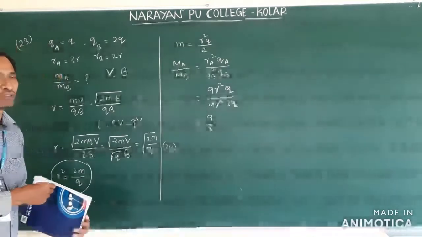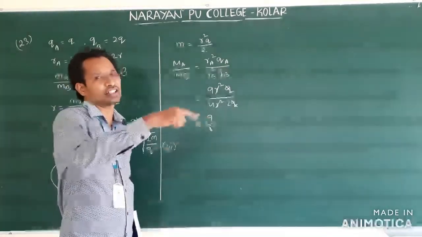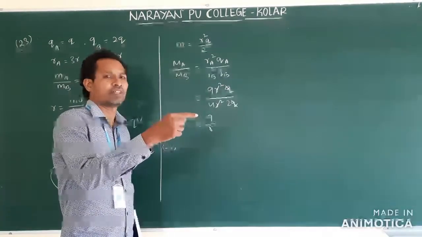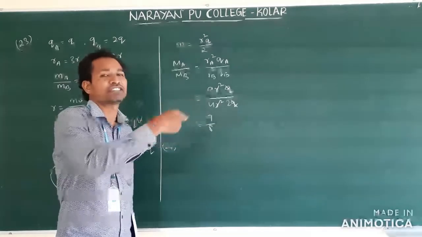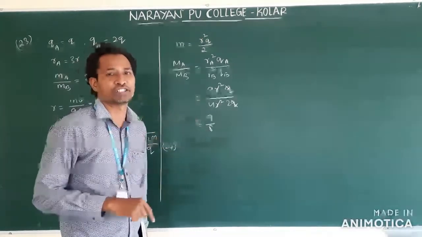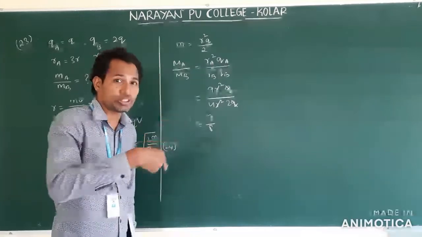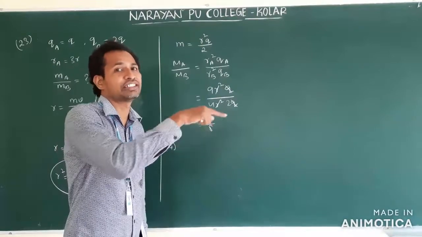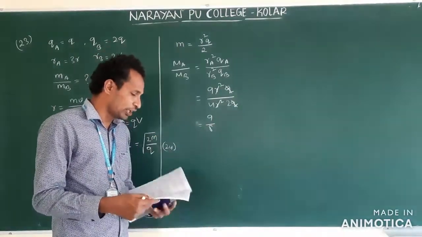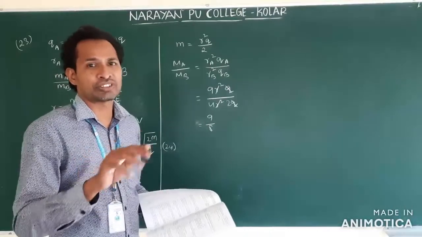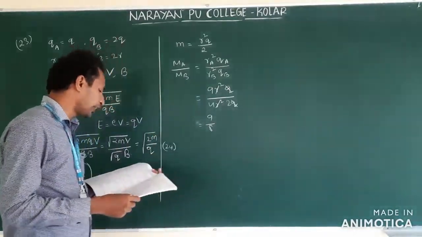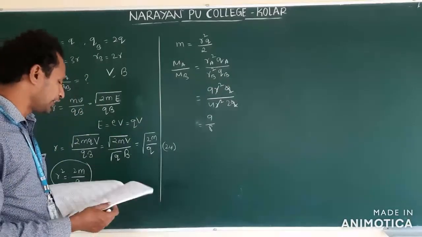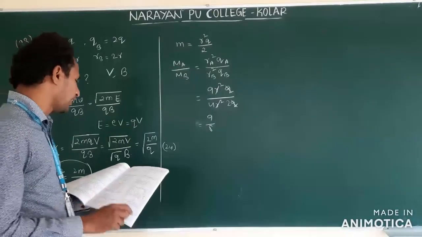When a charged particle enters into a uniform magnetic field, it follows a circular path. This we have all seen. When a particle moves in a circular path, the direction of velocity changes, but not the magnitude. Understand? The magnitude remains the same in circular motion. Which magnitude? Velocity magnitude, but the direction changes. But here they have given the magnitude. So what does it mean? The magnitude does not change. So we need to decide whether it is y greater than 0 or y less than 0. Clear? That we need to decide according to the options.